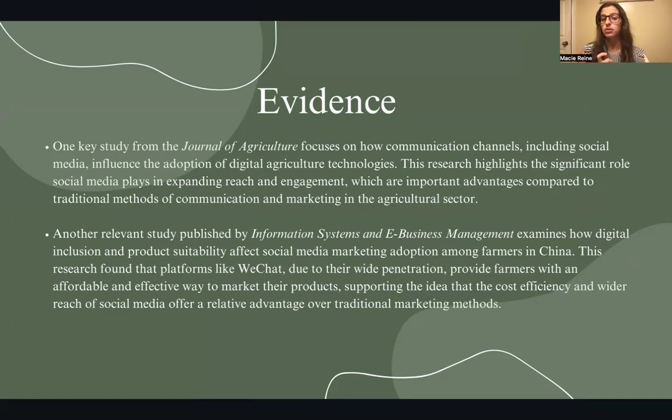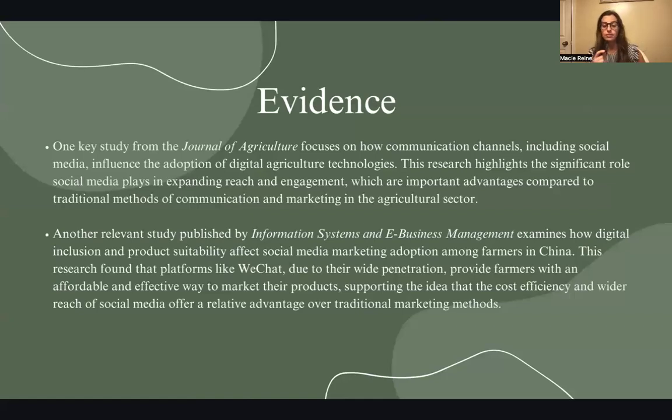Another relevant study published by the Information Systems and E-Business Management examines how digital inclusion and product suitability affects social media marketing adoption among farmers in China. This research found that platforms like WeChat, due to their wide penetration, provide farmers with an affordable and effective way to market their products, supporting the idea that cost efficiency and wider reach of social media offer a relative advantage